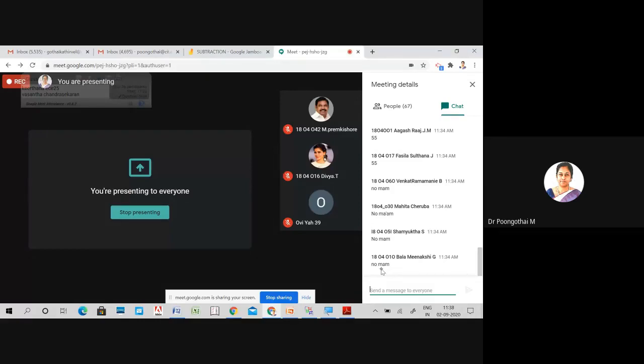Please tell me. How do you differentiate these two instructions? Students, please respond. Any answers? So what is jump, simply? What is the purpose of jump?